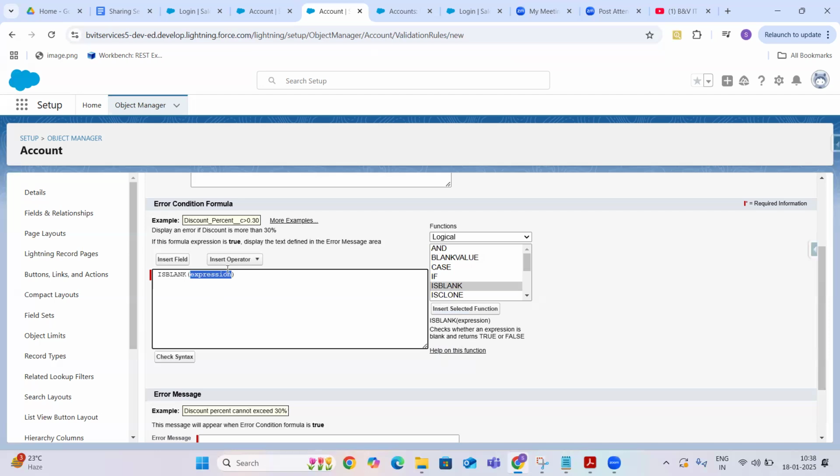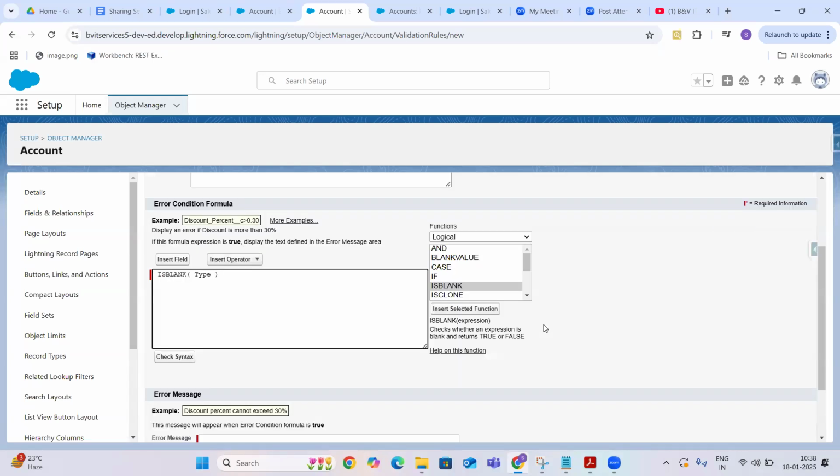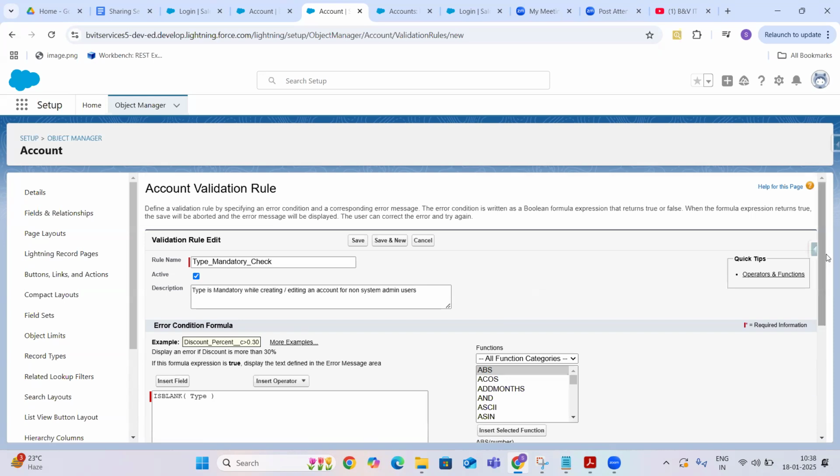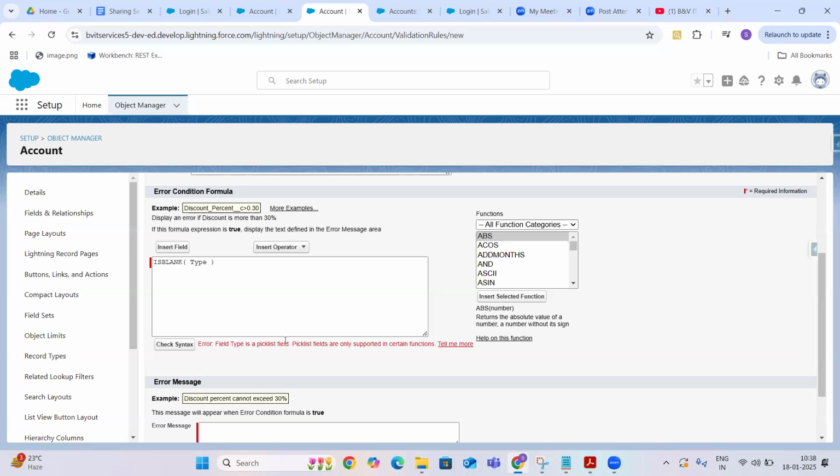Okay. So in the expression, I'm going to insert a field of type. So is blank of type, I'm going to check the syntax. Okay. Field type is a picklist field. Picklist fields support certain functions.